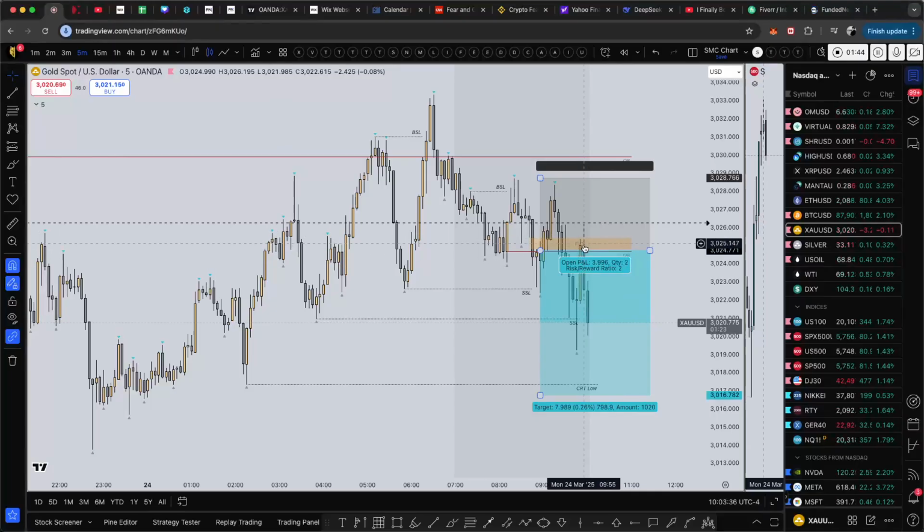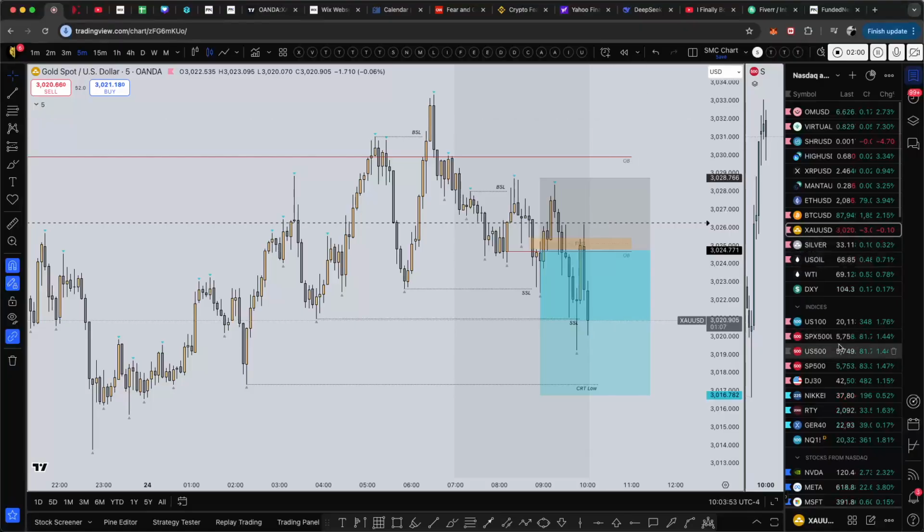I know this probably would have been a break even trade, because price taking this liquidity, I'm halfway down to my target already. I know myself, I normally close partials and I move my stops to break even. So the price would have stopped me out at break even. And now, continuation. So interesting on gold today. It was kind of nasty. But anyways, I just wanted to show you how it is currently doing at the moment.